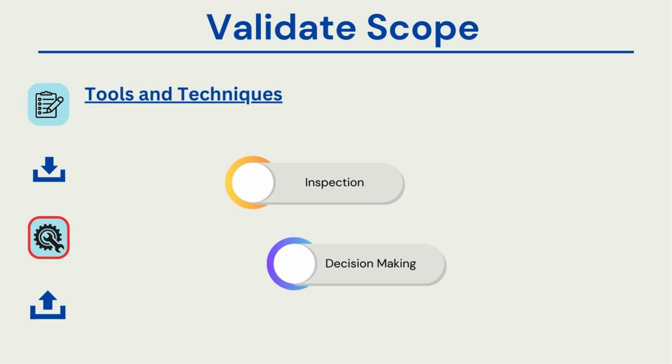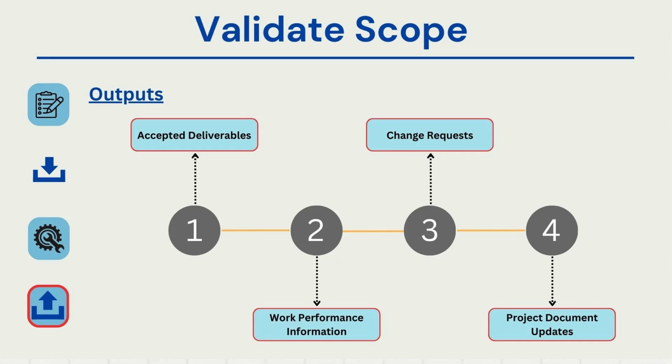What do I get out of this? I would get the accepted deliverable by the end of this process. I would know whether my customers have already accepted it, considering that this meets acceptance criteria or not. Work performance information will be one of the outputs, as I mentioned. It will come from the tool if there is any change at all during the review, during the inspection.